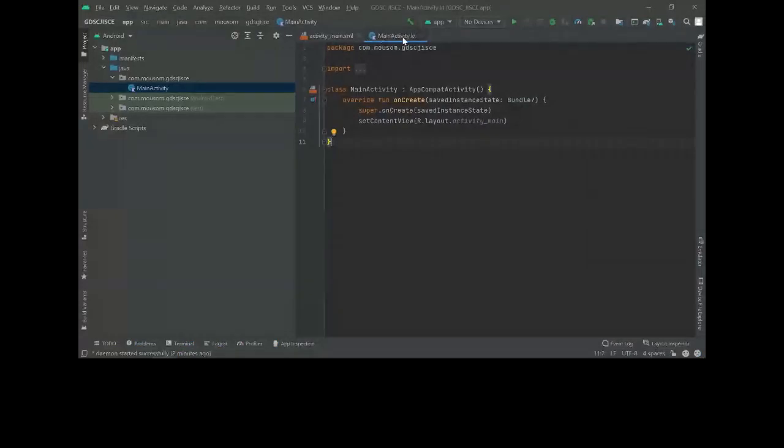That means this is the file that will get loaded when the app launches. So if you want to show something when the user clicks on your app and it loads for the first time, then you have to write those logics here in the main activity.